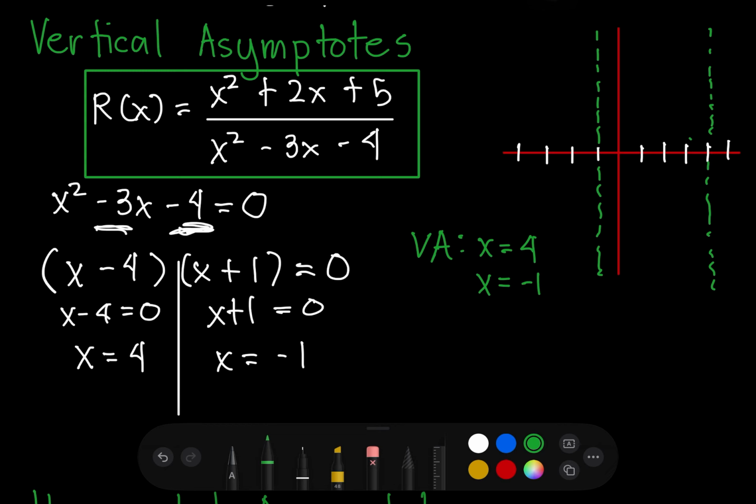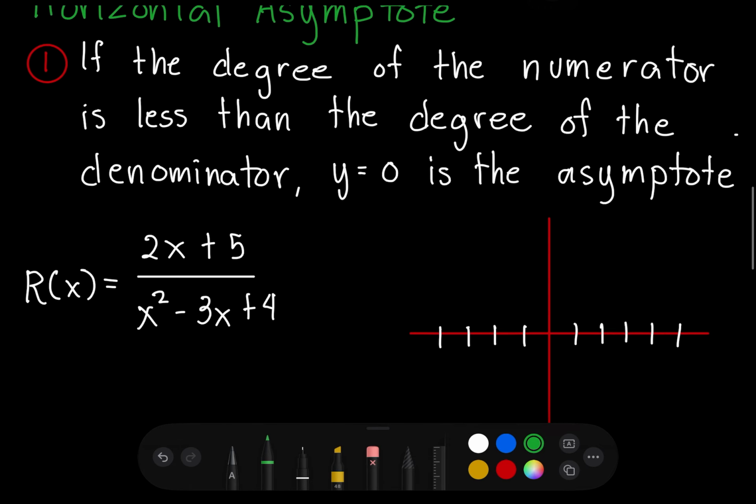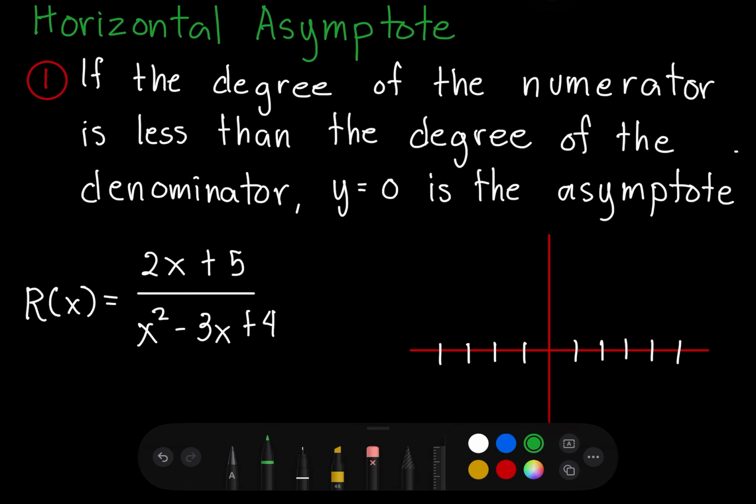So, saan siya nakatayo? Because it is on x values. Now, on this case, if the degree of the numerator is less than, so mas mababa yung degree ng denominator, yung degree ng numerator ay mas mababa compared to the degree of the denominator, our horizontal asymptote is at y is equal to 0, which will make it the